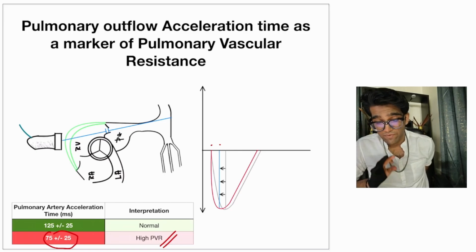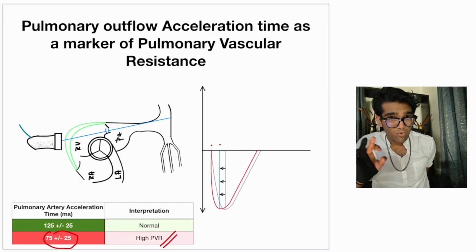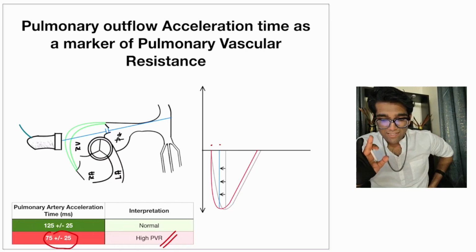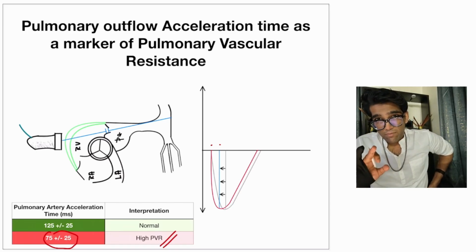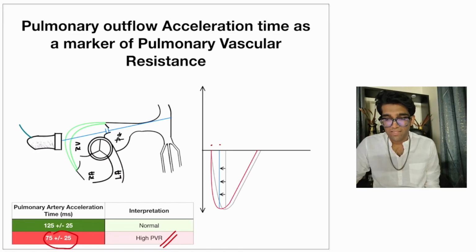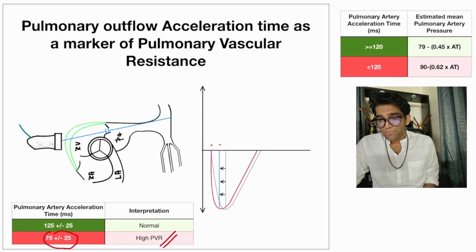Now, I know this is a semi-quantitative, almost qualitative measure, but it is the only reliable echo method for assessing the pulmonary vascular resistance. The other methods that we're going to come to are based on a lot of assumptions, and those assumptions are not always valid, and they result in very varying values more often than not. So like I said, you can use the pulmonary artery acceleration time to estimate the